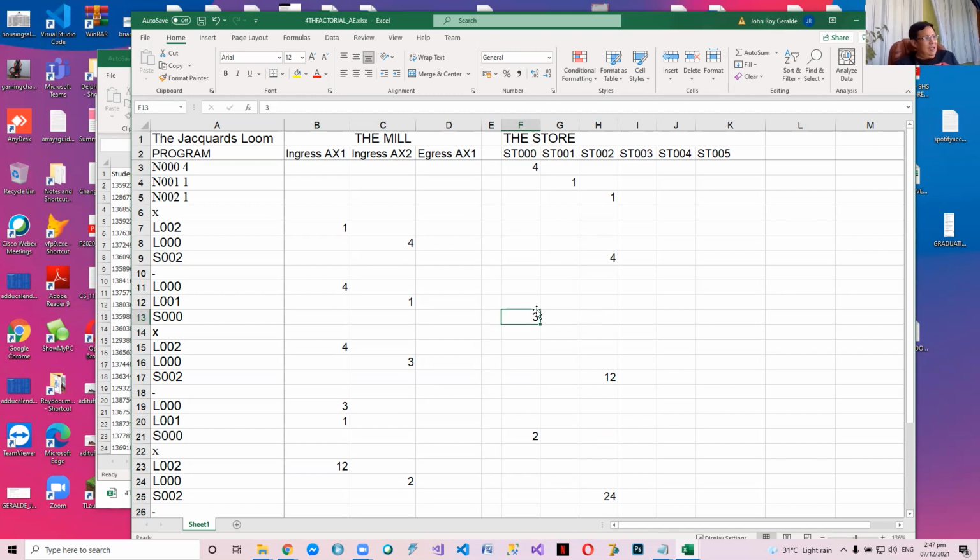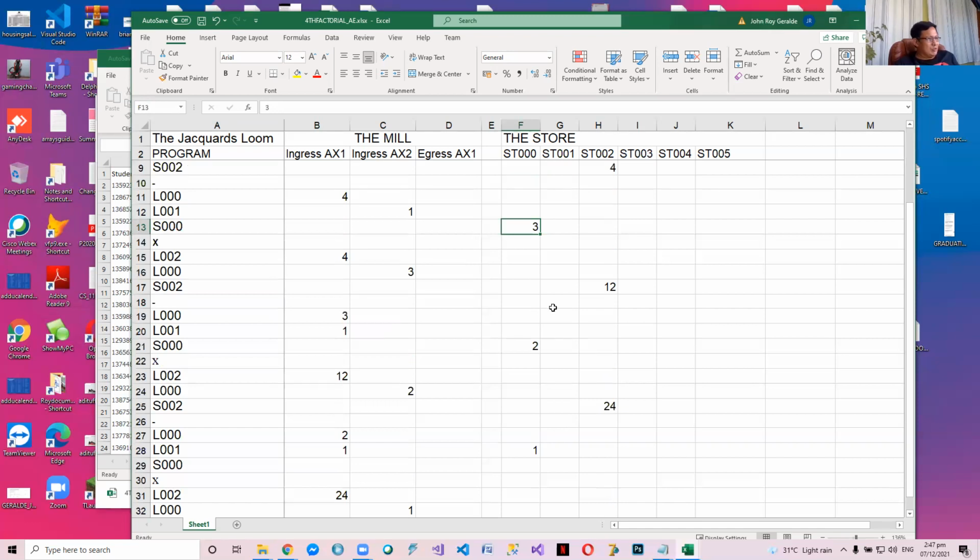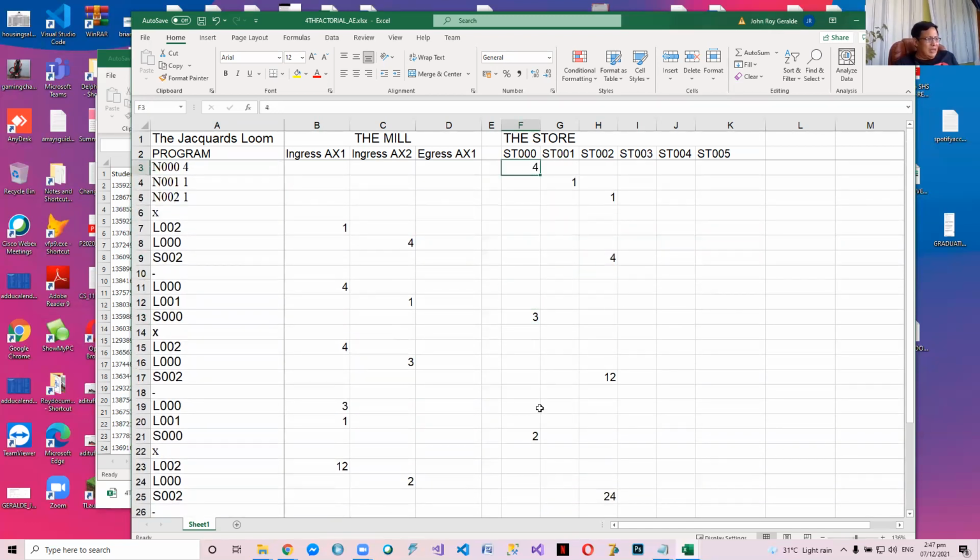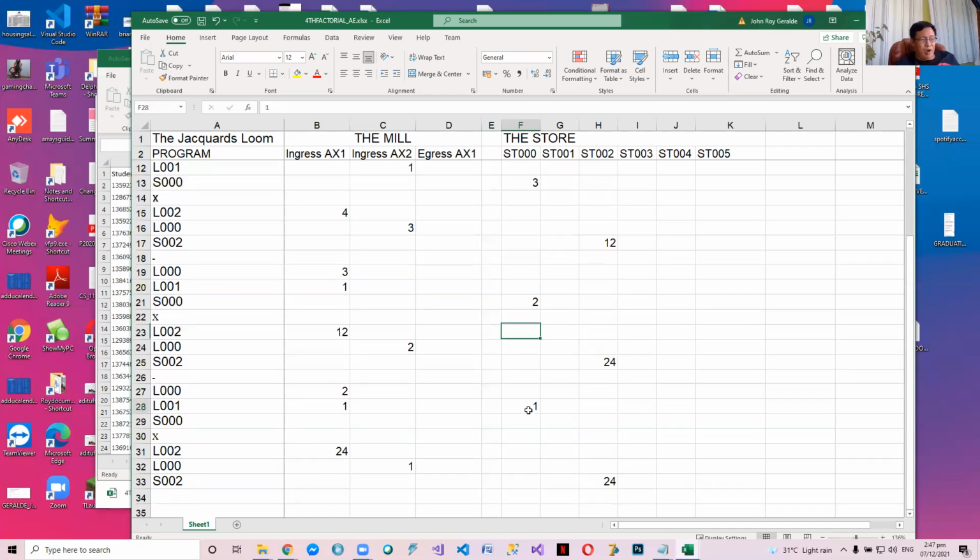Now, to do a factorial, you can say 1 times 2 times 3 times 4, right? Or you can also say 4 times 3 times 2 times 1. So this is the reverse process. This program computes the fourth factorial starting with 4, not starting with 1. Do you follow? But in the end, they will have the same result.